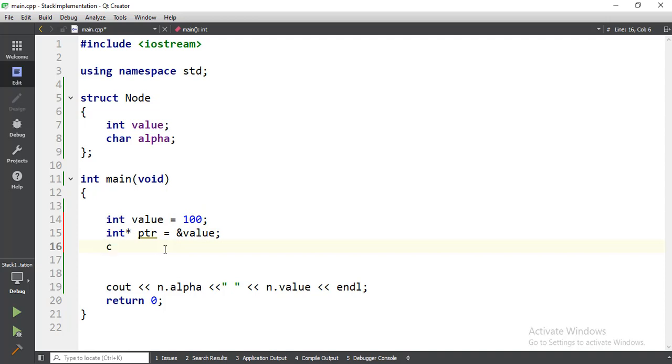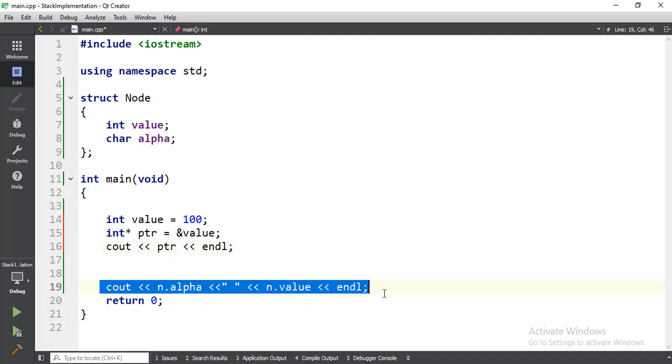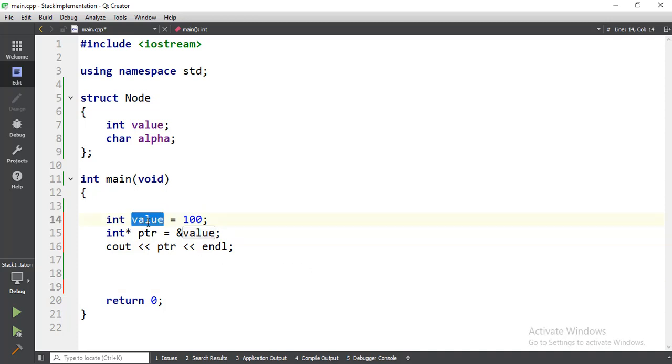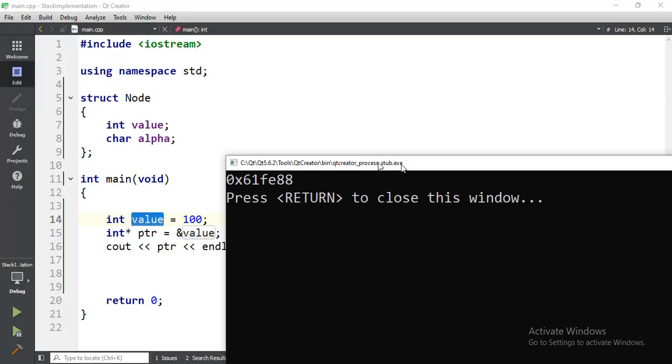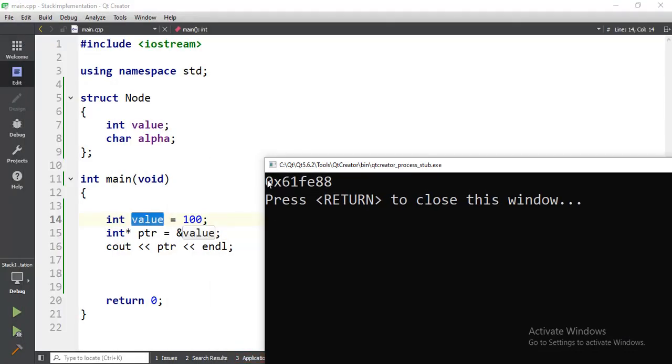So if I cout the ptr now, it would contain the address of this variable value. Whatever the address of this variable in memory is, we are going to see that on screen. So I'm going to run this program, and as you can see, the addresses are represented by the 0x hexadecimal number system. Addresses are represented in hex numbers. So this is an address of this variable in memory. It's the actual address of the